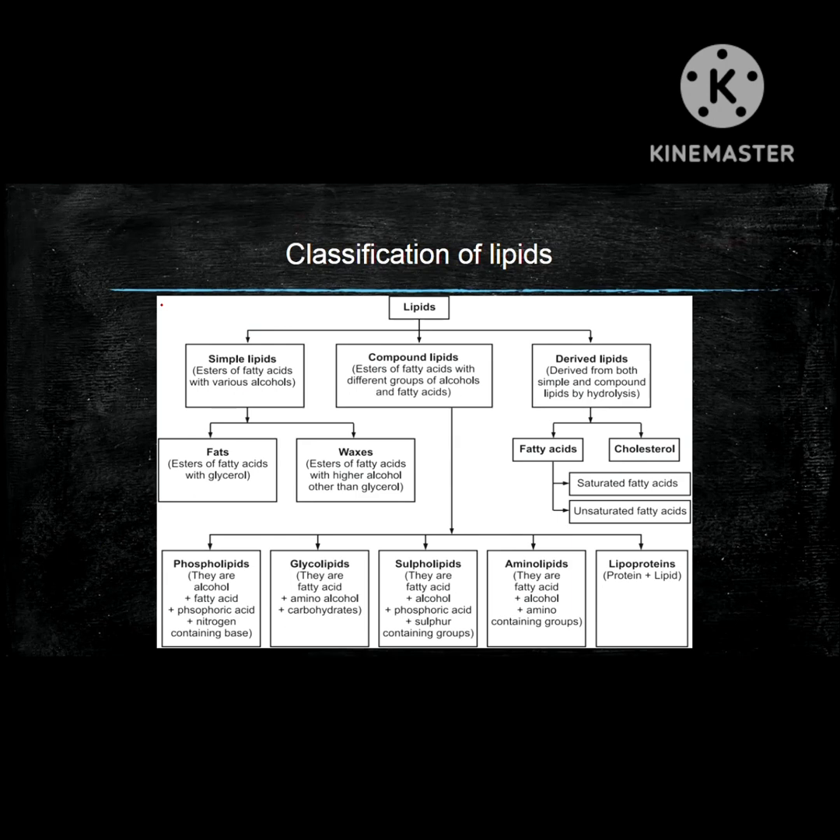But if we talk about the glycolipids, they are the lipids which include fatty acids, amino alcohol like sphingosine, and carbohydrates. Okay, we were discussing the